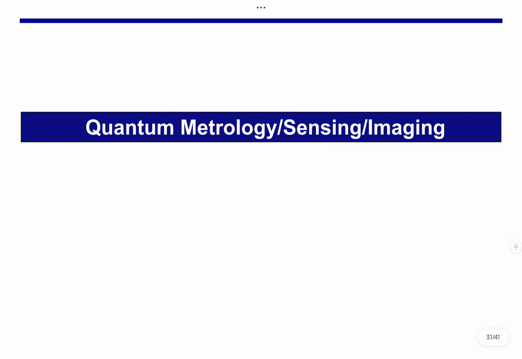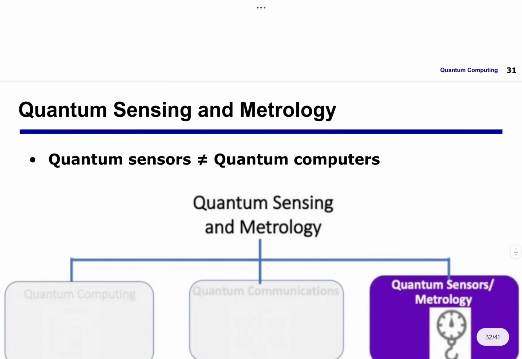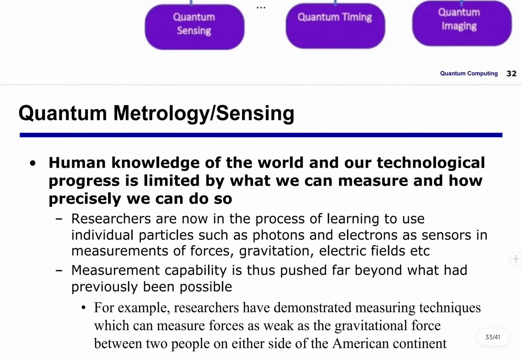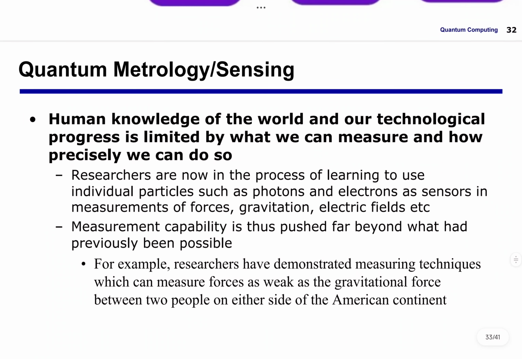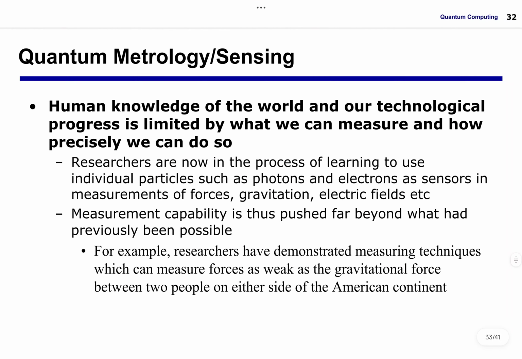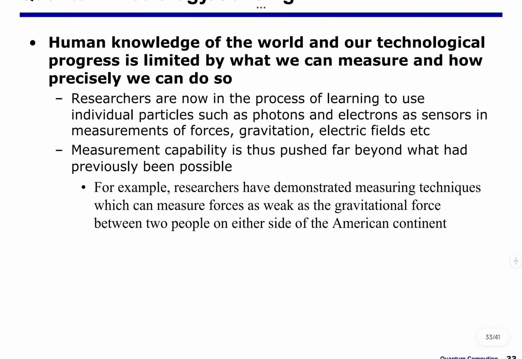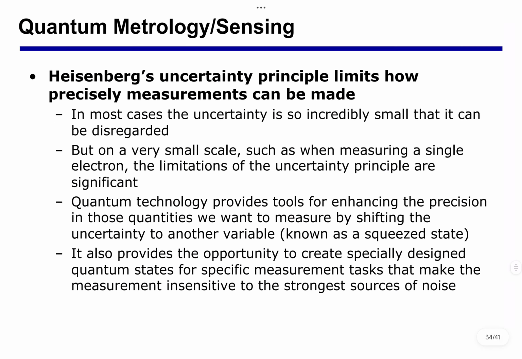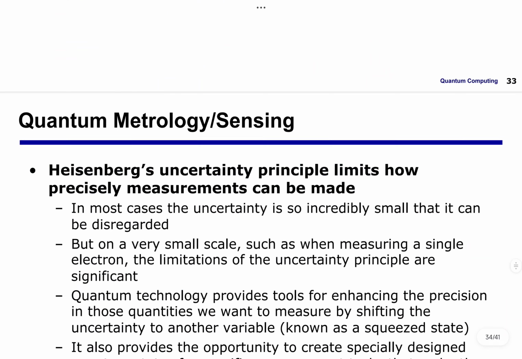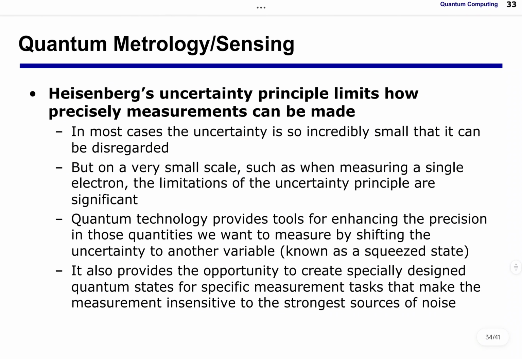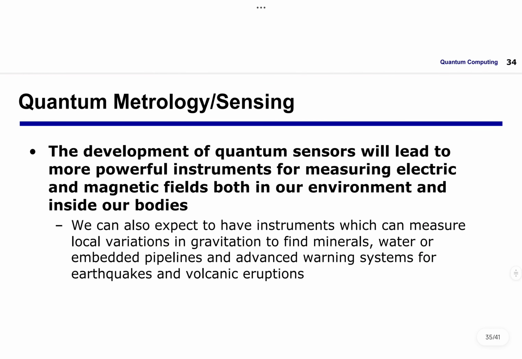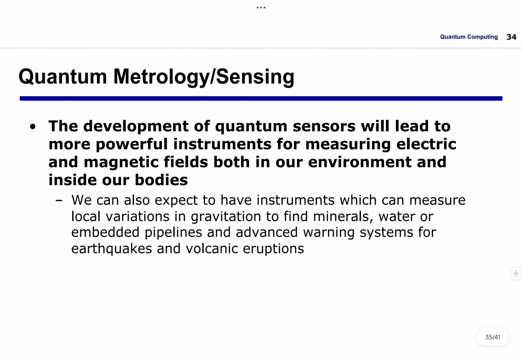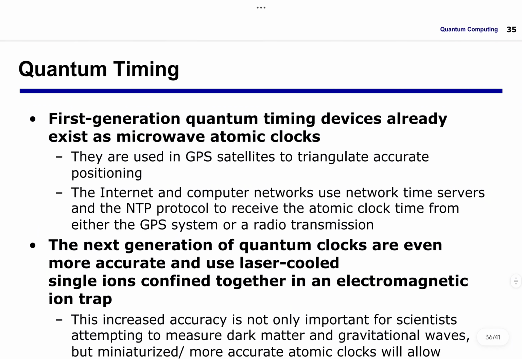Okay, there is another field like metrology, sensing and imaging. Human knowledge of the world, and other colonial point is mediated by what we can measure, what we can know. And our knowledge comes from what we are assessing. Heisenberg's uncertainty principle limits how precisely measurements can be made. The development will lead to more powerful measurement. Also, the timing,